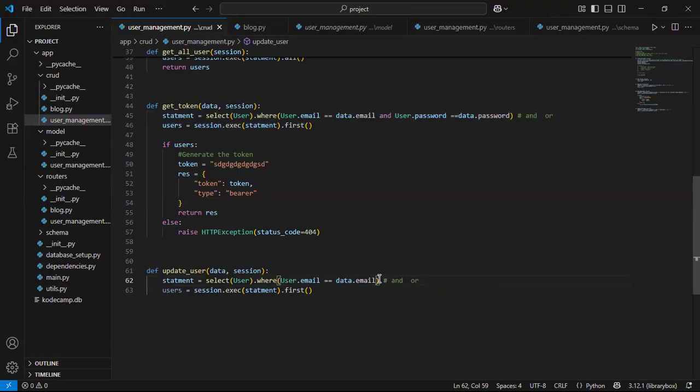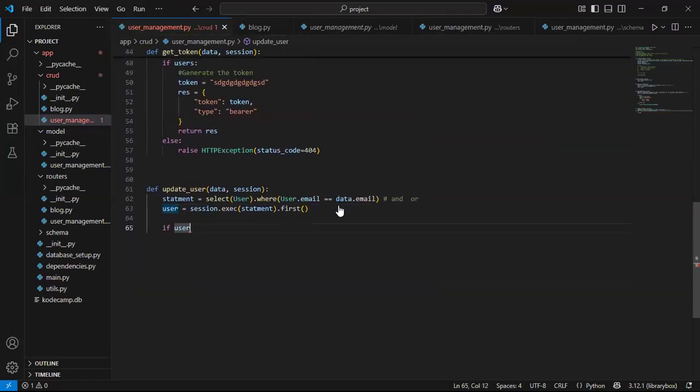I'm assuming that the email is the unique identifier here. So when I select a user that owns that email, then I get it, so I'll select it out from the list. The first here means remove it from the list. The all will bring it as a list. The first will extract it completely from that list, so it will come out as a single value. Then from there, I can just simply check if user. I want this to be user, not users, because this is a single user. So the first will bring me one single user. So if this user that owns that email exists,